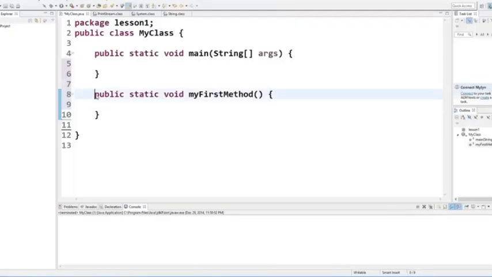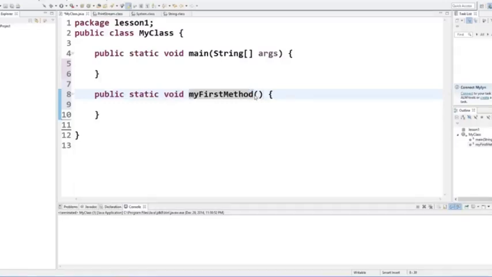So what are these? First of all, public static is called the access specifier, and the public keyword tells Java that it's accessible anywhere inside your class. And then void is the return type. Right now we are not returning anything, that's why we write void, but I will show you in further videos how to return a value using a method, and we will see more options other than void. And then comes the method name,